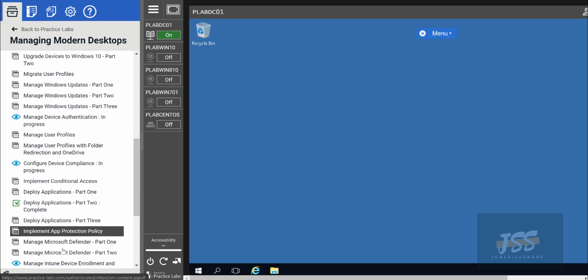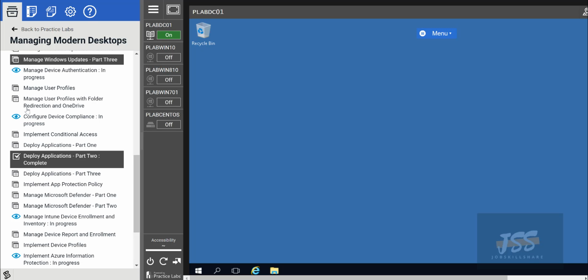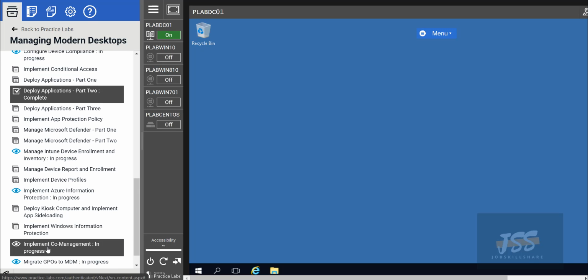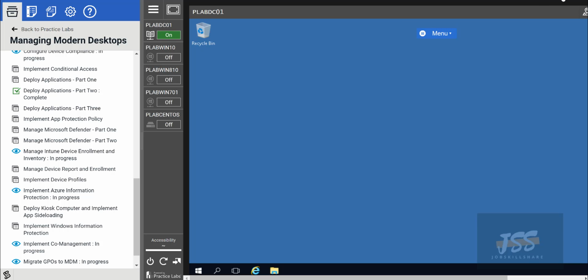If you come down, there's another one, deploy applications. A lot of people are doing a lot of deployments of applications these days, and by doing these two projects, Microsoft Business Store, and then deploying apps to Microsoft Endpoint Manager, which is a very new thing, when you go over this, that's going to give you pretty good additional skills that you can utilize in your interviews.